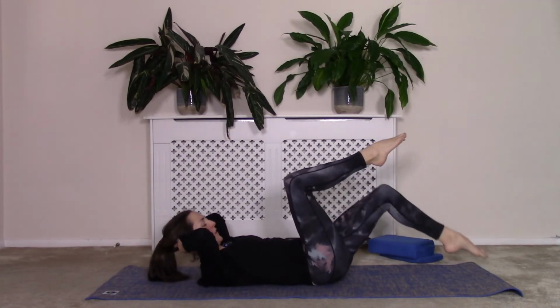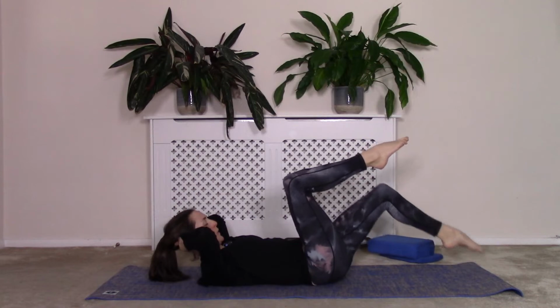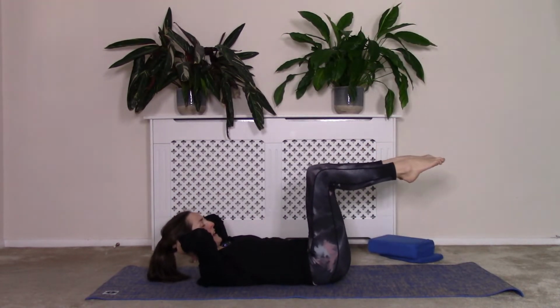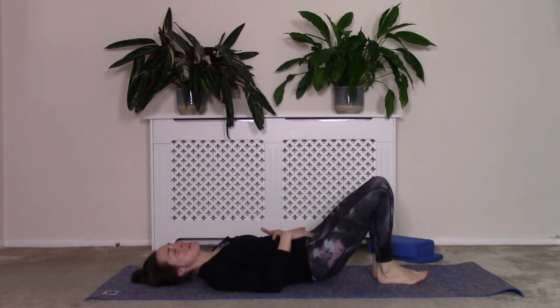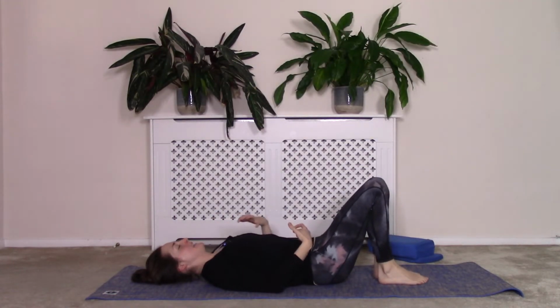Well done. Last few here. Tapping down, lifting up. One more each side, good. And then lower that head if it's lifted and lower those legs down one at a time. Well done. Okay, so we're going to lengthen through the body now, bring your arms and legs together again, and